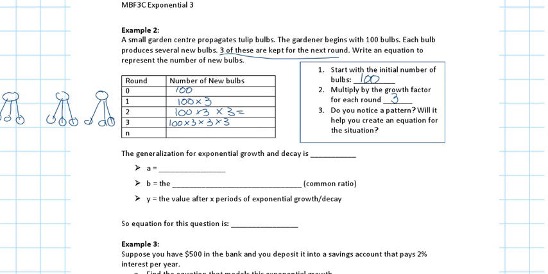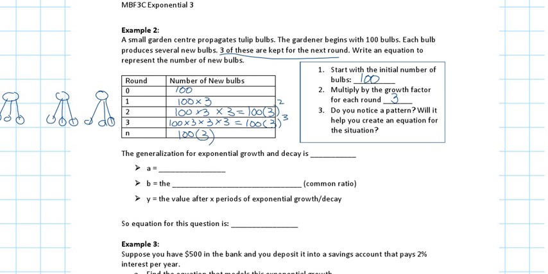So 3 to the power of x. This one's 100 times 3 to the power of 2. And this is going to be 100 times 3 to the power of 3. And if it's n, it will be 100 times what? 3 to the power of